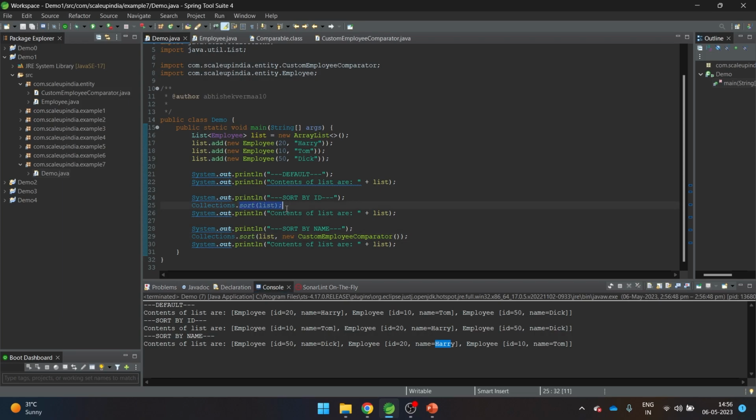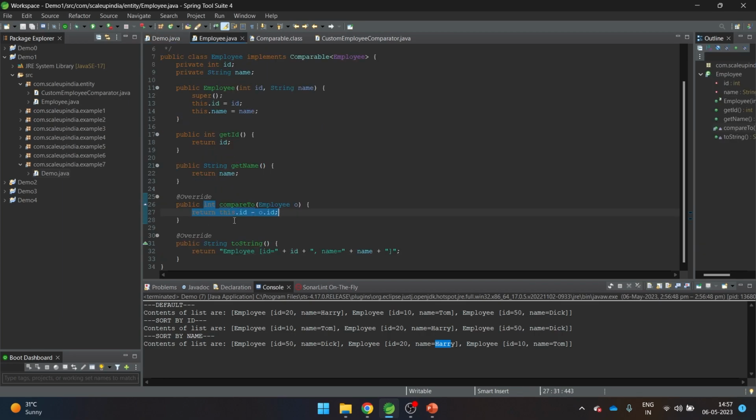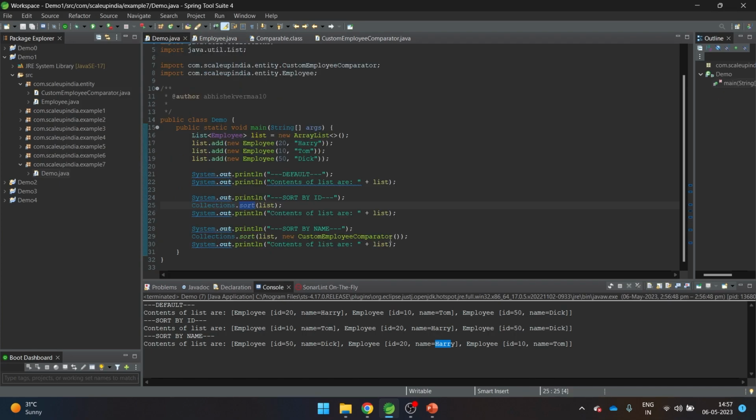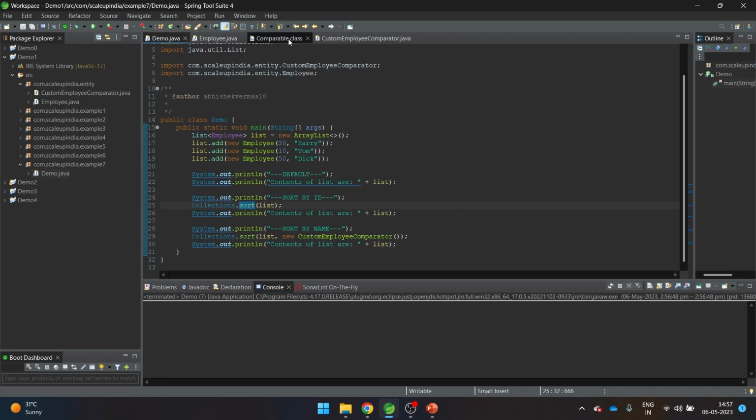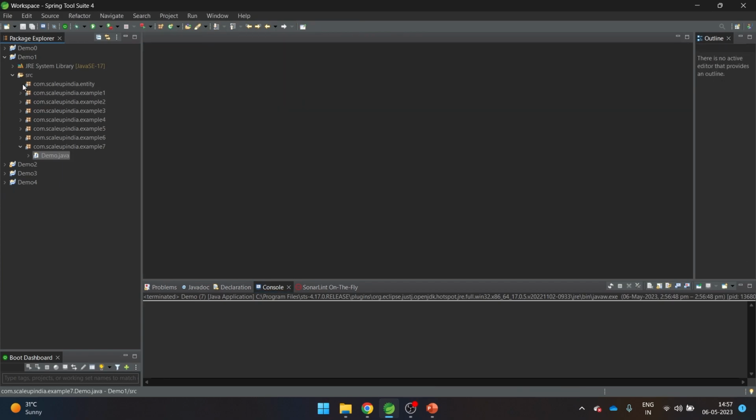By default this is natural order, and this is the other one, custom comparator, guys, which you need to do. Remember that when you go for the natural order, it can be only one overriding. You can override only once. But when you make a custom comparator, then you can make any number of custom comparators, whatever you wish, you just use it. It is just like a plugin kind of thing. So this has been done here, guys,